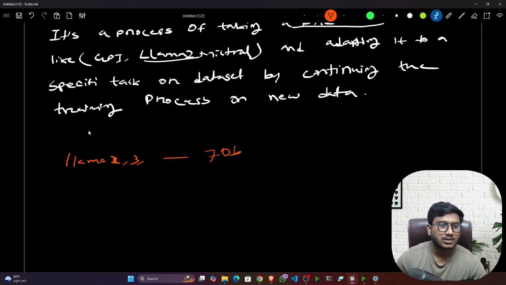If you want to load this model on your machine, you should have a good configuration, at least some good GPU and RAM, then you will be able to load this model in your system. But we don't have these kinds of systems,